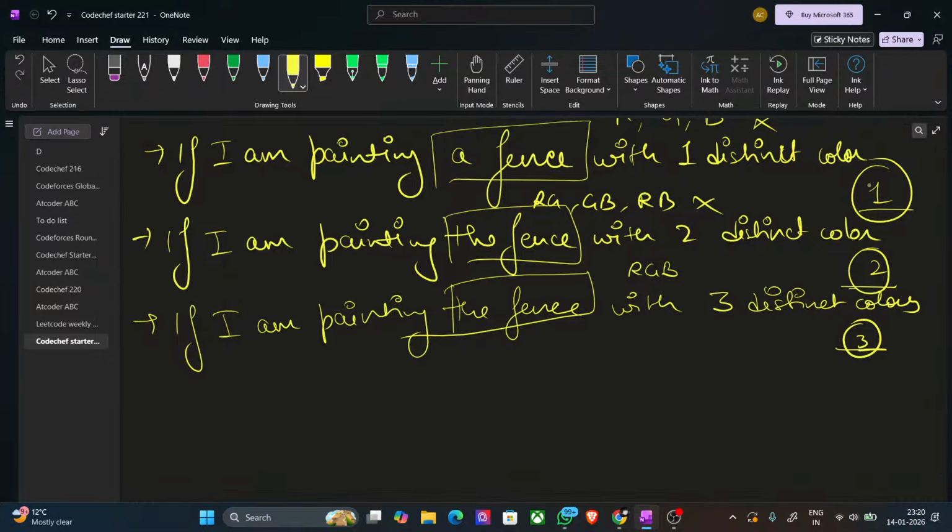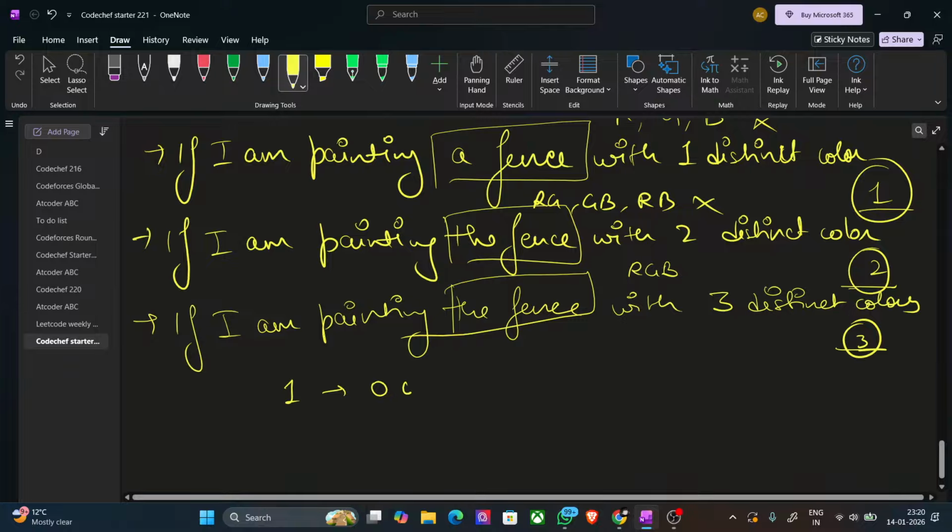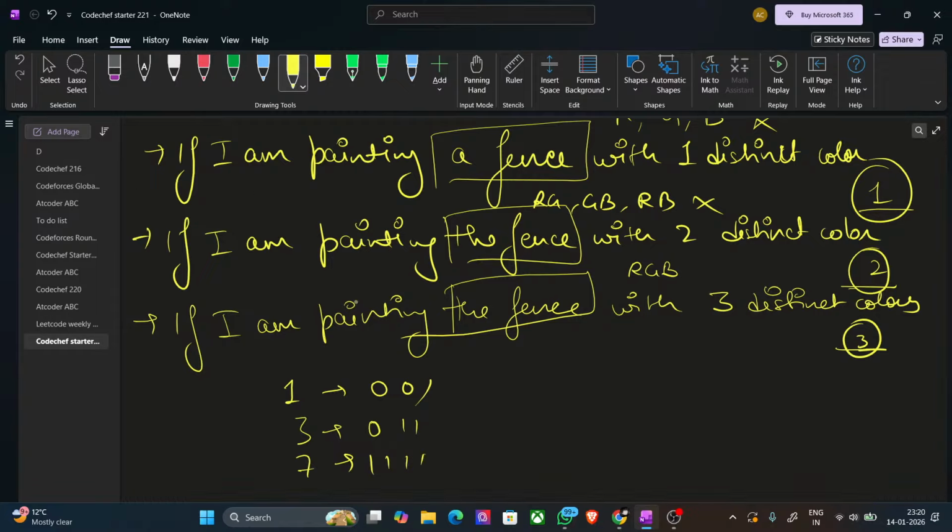There are 3 combinations. So the mask for them: for one, the mask was 001, and for 2 colors, the mask was 3, I guess 011, because you are using 2 colors, and for 3 colors you can take mask 7. There are multiple masks, but you can choose any of them. I have chosen 1, 3, and 7 for this case. You can also choose 010, which means 2, or you can choose 100, which means 4. Doesn't matter, but for simplicity, you can choose the first mask which appears. Okay,